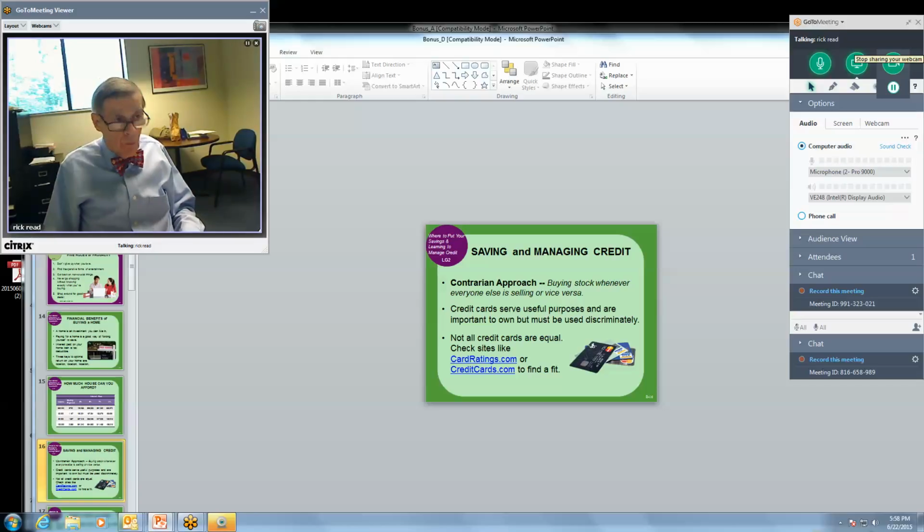Remember, when you use a credit card, you're actually asking for a loan, and the credit card company loans you the amount of money for that purchase. And then he or she, the credit card company, sends you a bill so many days later and wants you to pay it. And they want you to pay it right now. If you don't pay it right now, which they hope, they're going to add interest onto that. So watch that, because that interest really tends to go up.